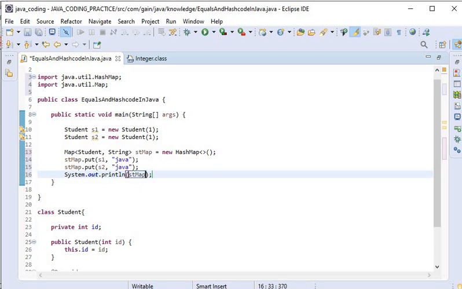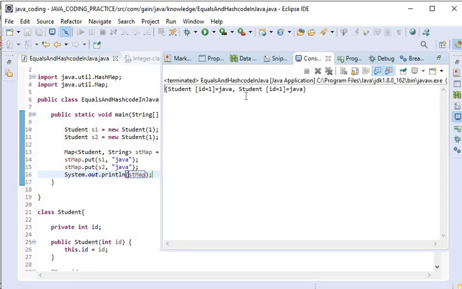Now what will be the output when I run this application? Here we have added two objects, student1 and student2, so the output will be there. You can check on the console, both students will be added. Here you can see the output, student ID1 referencing the Java subject and student ID1 referencing the Java subject.